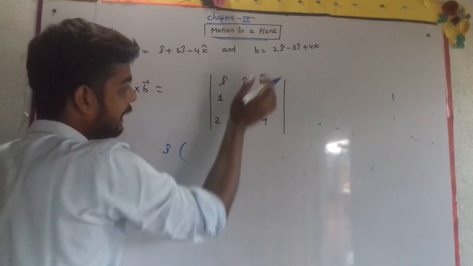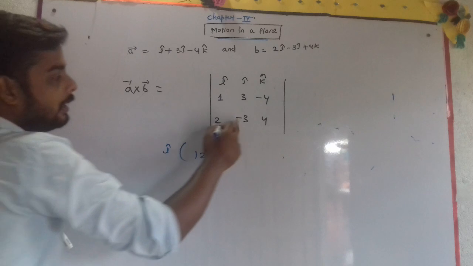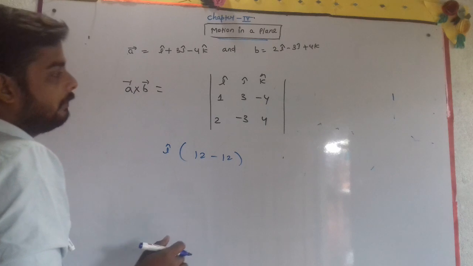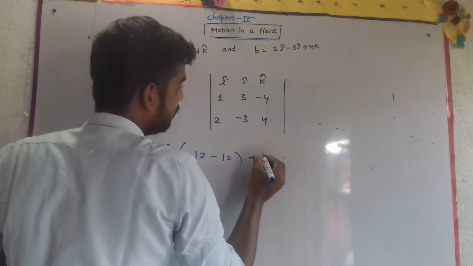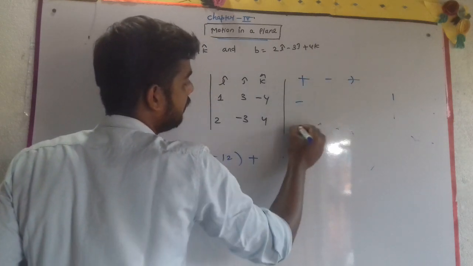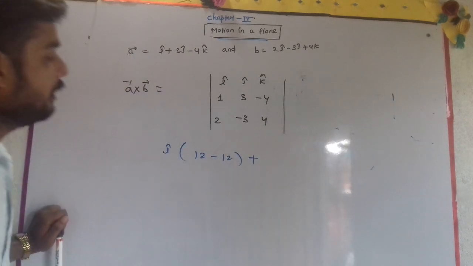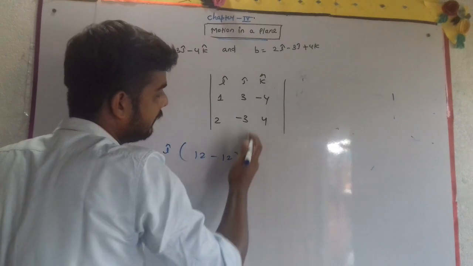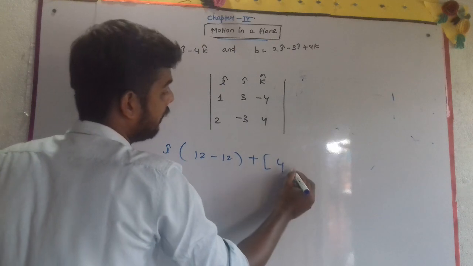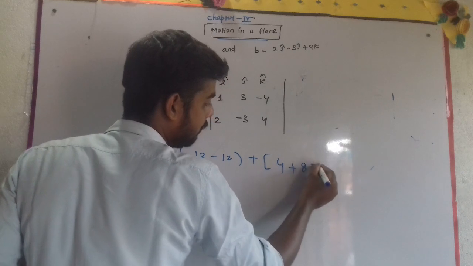So this i and i will cancel. So 3 fours are 12. Minus minus will be plus, but minus will be the sign. 3 fours are 12. So the minus sign will be there. Similarly the signs follow plus minus plus, plus minus plus. This is the determinant method, which you will understand again. So minus j, if we are taking j, then this line will be cancelled. Then 1 four is 4, and the negative sign will be on the inner side. So 4, 2 fours are 8, minus 8, minus minus plus 8.